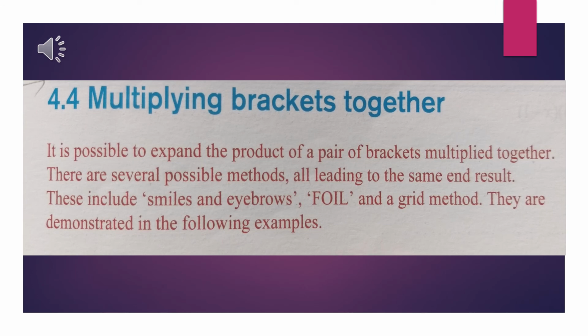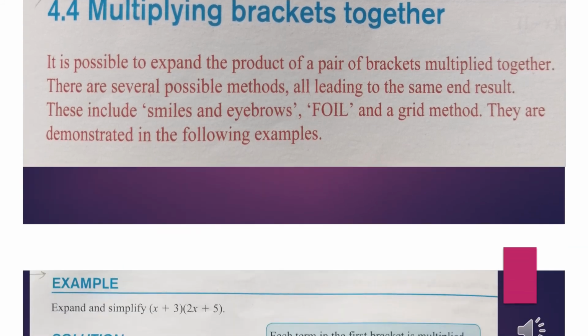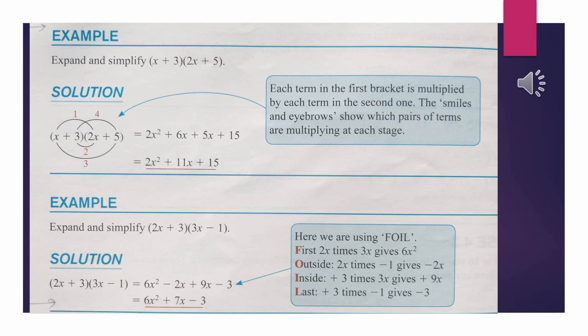Section 4.4, multiplying brackets together. It is possible to expand the product of a pair of brackets multiplied together. There are several possible methods, all leading to the same end result. These include smiles and eyebrow, the FOIL method, and a grid method. They are demonstrated in the following examples. Now see one example. Expand and simplify